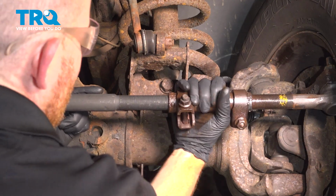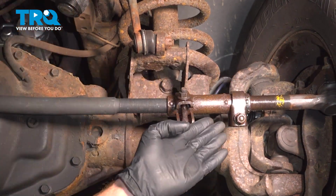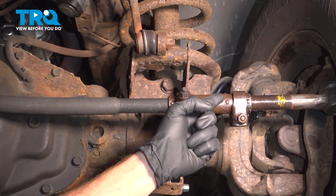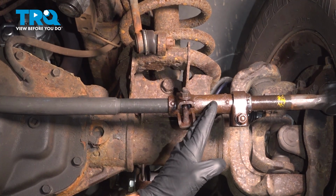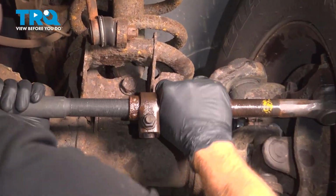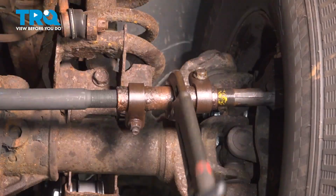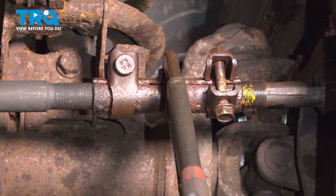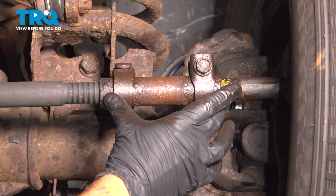Now we can start turning the sleeve to screw in both of these at the same time. While we're putting this on, you want to be counting the amount of turns that it takes to put it on, so it goes back in the exact same position as when you had loosened the sleeve. Now that I put this back on the same amount of turns as I did removing it,